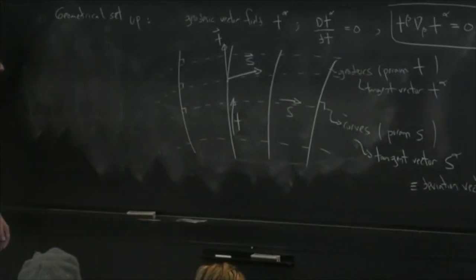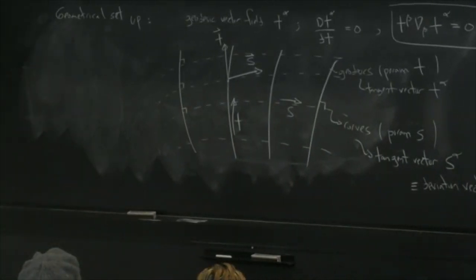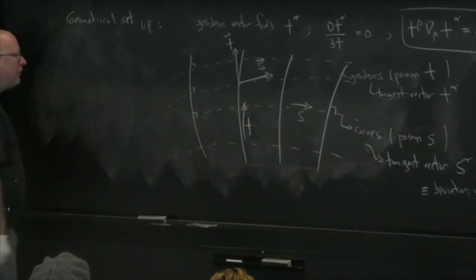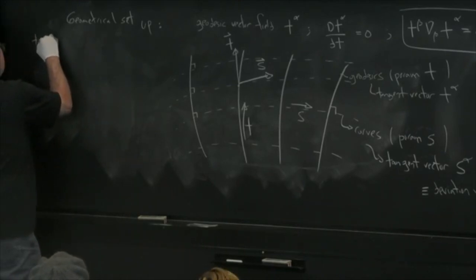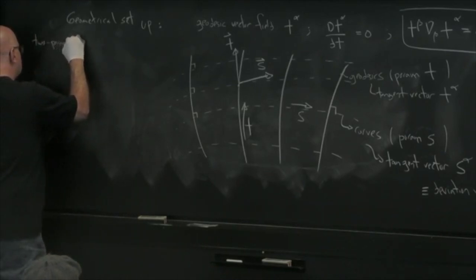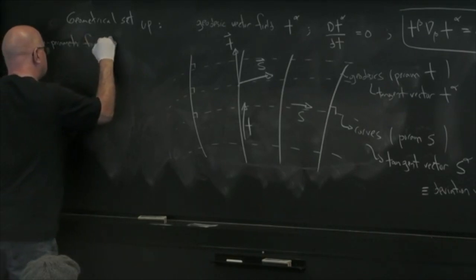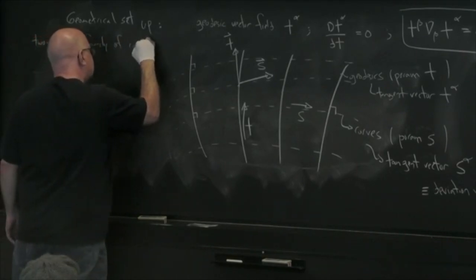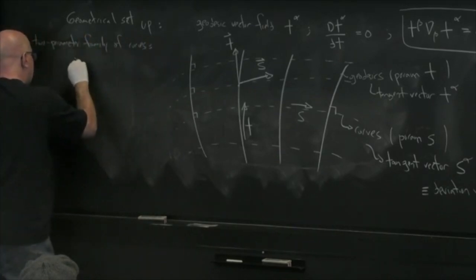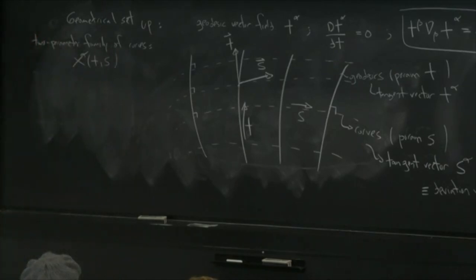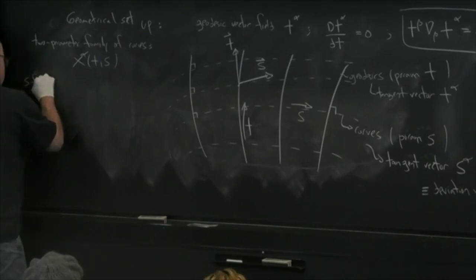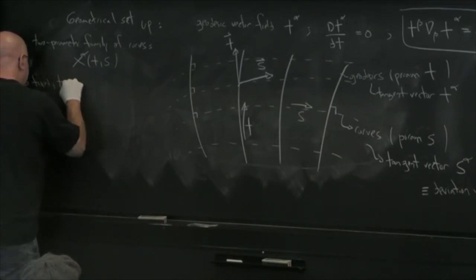Okay, a couple of things I want to mention. So we need a description of all of those curves. As usual, what we're defining here is a two-parameter family of curves. That's very similar to what we did before. So I can describe this in terms of coordinates, getting an assignment in terms of t and s. So if we keep s fixed and vary t,